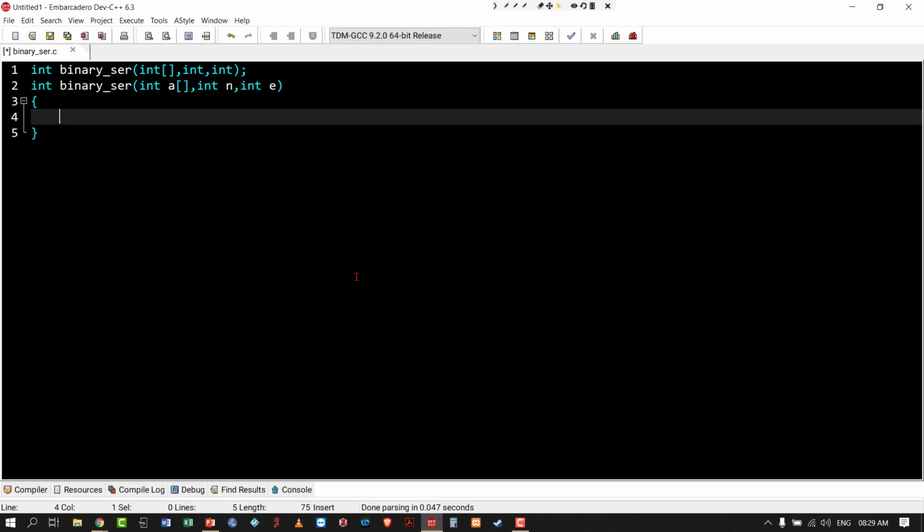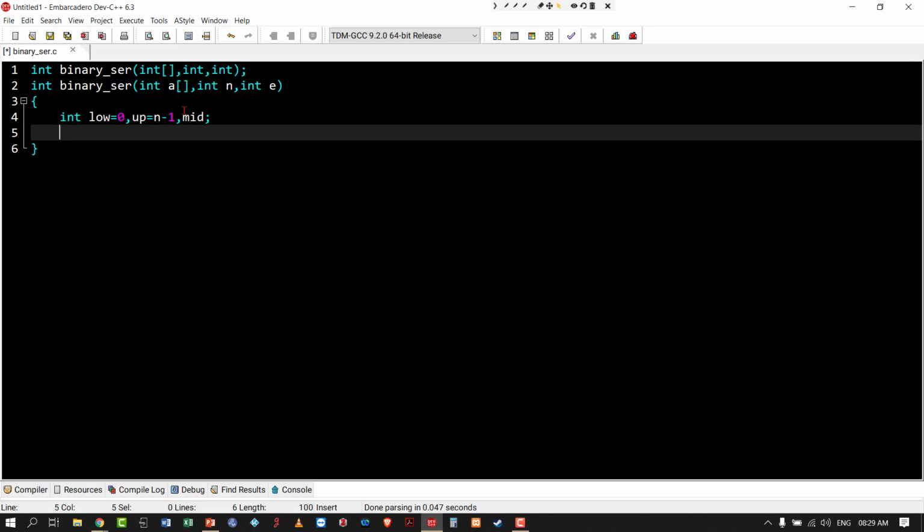We have three variables: int low, initial value is 0, then up, initial value is n minus 1, comma mid. Then I have a condition there. If you remember that algorithm, it will be easy.